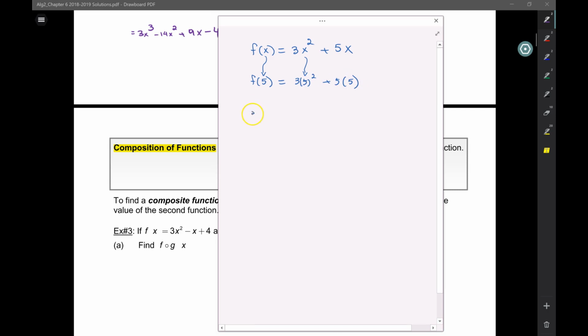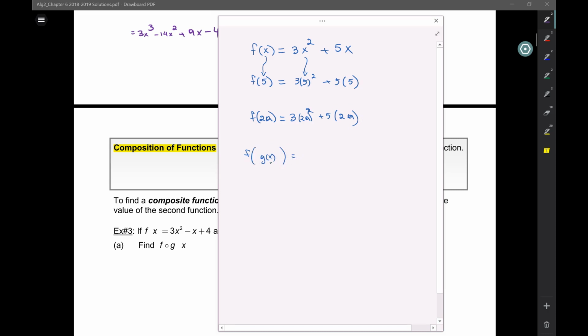Okay? What if I needed to find f of 2a? You guys are experts at this by now. What do I plug 2a into? All of the x's, right? 3 times 2a squared plus 5 times 2a. Now, what if I had to find f of